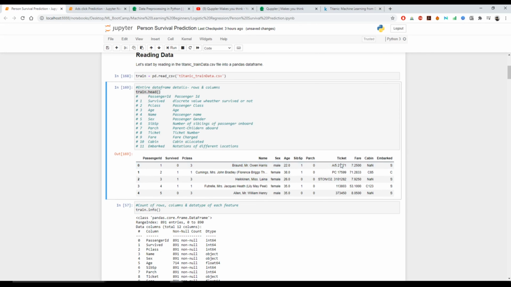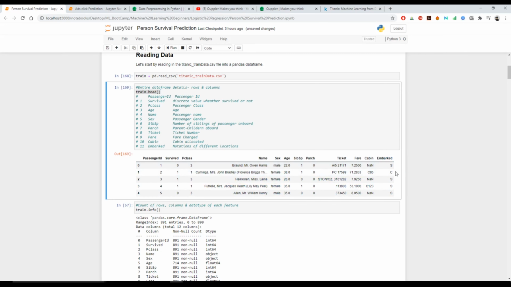Next is the ticket, which gives the ticket number. Then the fare, the fare of the ticket. Then the cabin assigned to it. Here you can see some null values, NaN. Then at last is the embarked column. The embarked column talks about the location notation, where S is for the southern location, and C depicts another location.